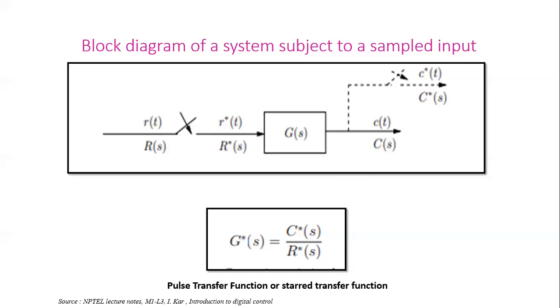This PTF characterizes the discrete digital system. It gives the responses only at the sampling instances, which is quite obvious. The moment you have taken a sample, you will get the value of that particular signal only at the sampling instances, and the output information in between these two samples is obviously lost. So is this word PTF very clear?